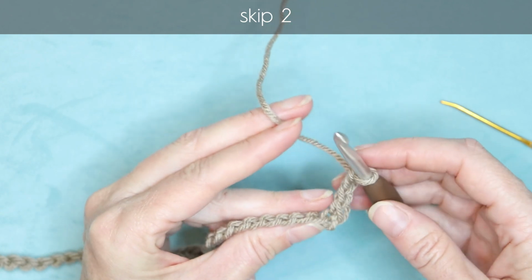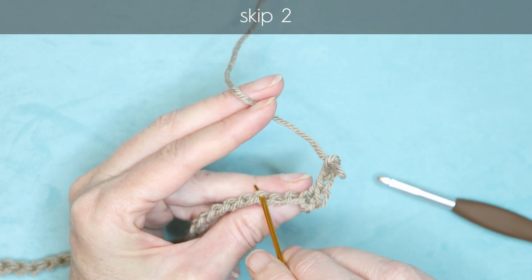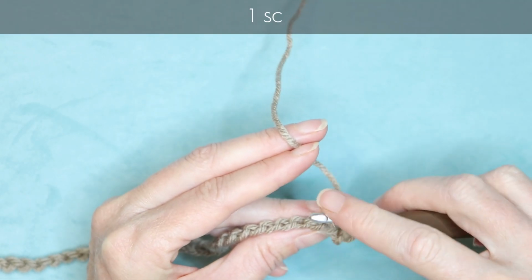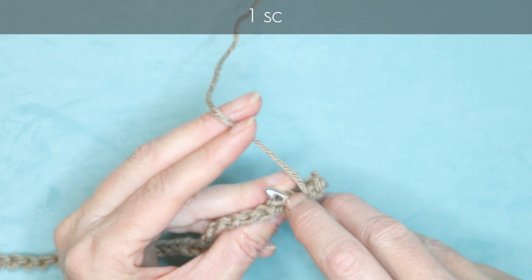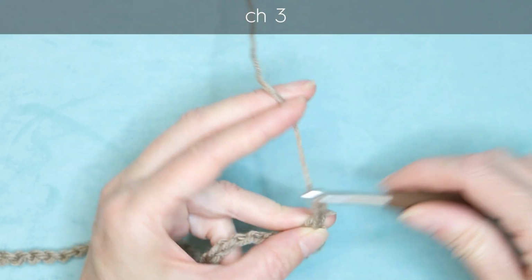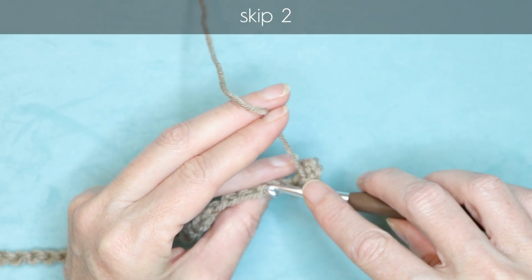Skip 2 bumps and go into the third. So to skip your bumps, there's 1, 2, here is our third. We want to work into our third bump or our third back loop and make 1 single crochet. So just slide that onto your hook and 1 single crochet. Chain 3, 1, 2, 3. Skip 2, so we're skipping 1 and 2, going into the third,